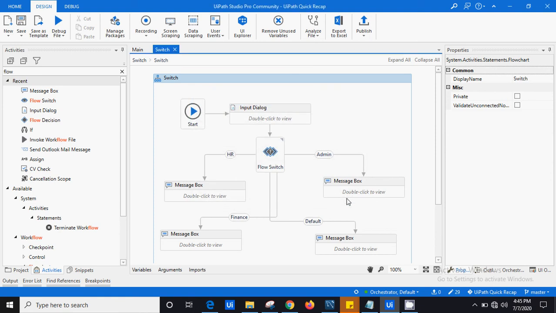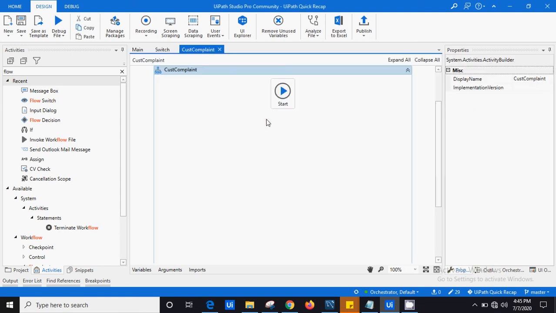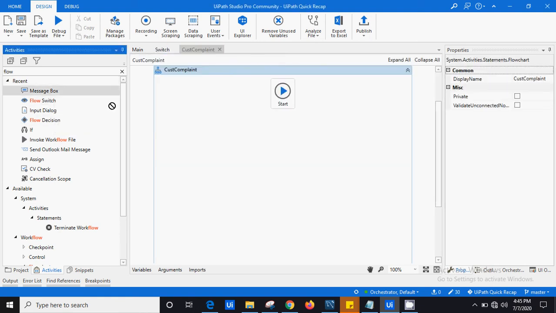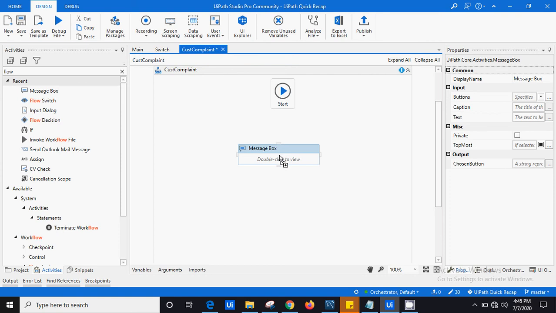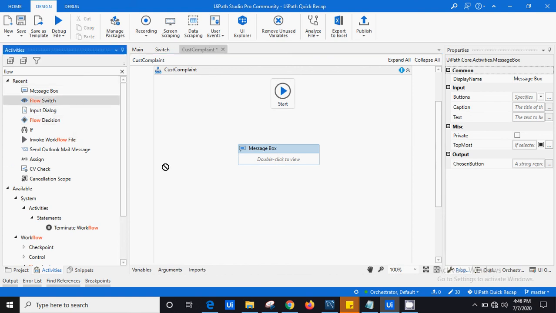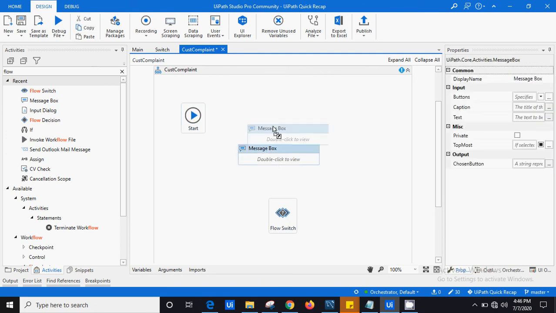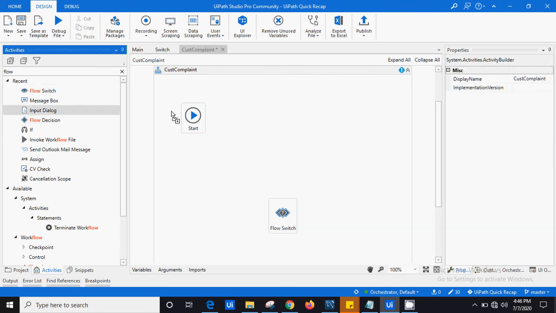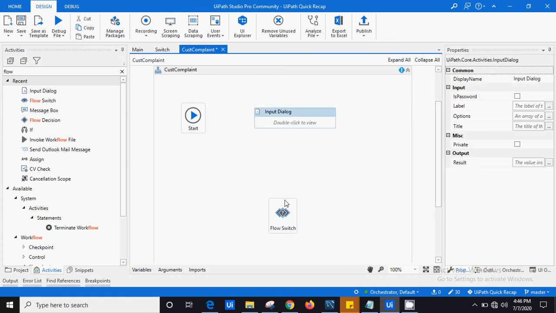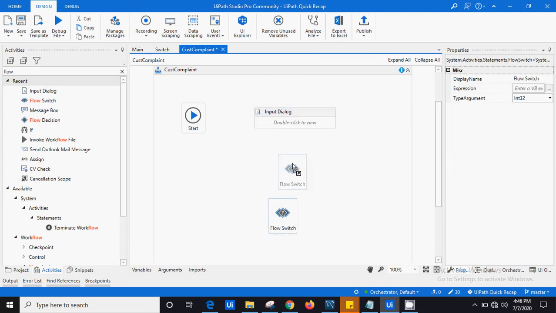Let me create this and take the input from the customer. Then I will use a flow switch. Let me drag it over here. I have not used a message box, let me delete this. I have to use an input dialog. And here is my flow switch.